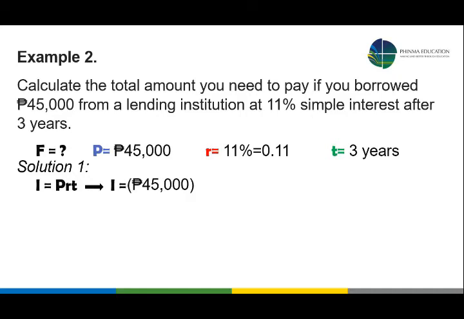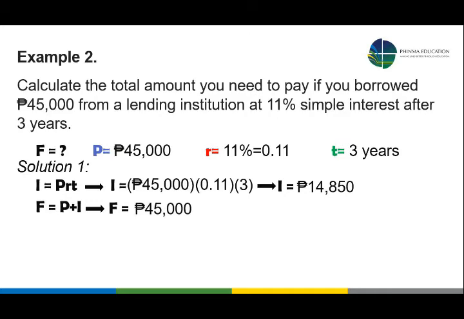So 45,000 multiplied by 0.11 multiplied by 3 will yield 14,850. Then we're now able to compute the future value, which is adding the principal and the interest earned. So that is future value equals 45,000 plus 14,850 for a total of